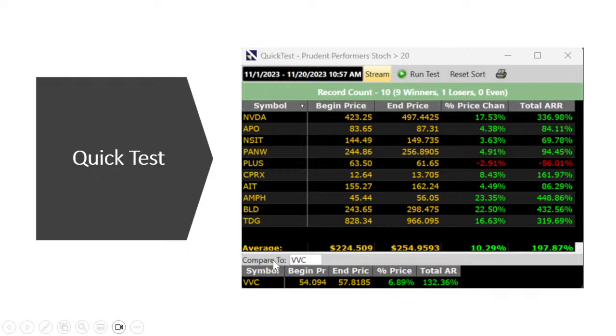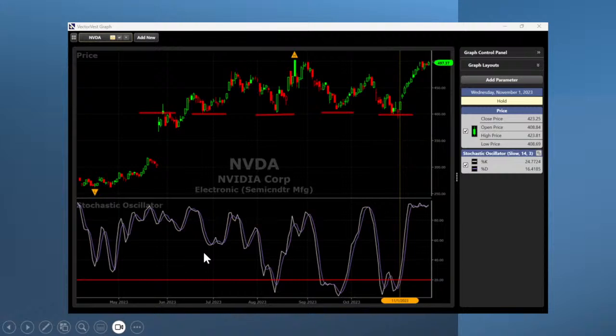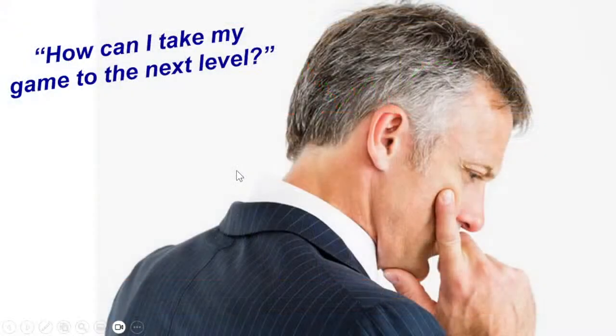Really big winners here, outperforming the market, which is the most important thing. And there's NVIDIA there on November 1st, where you had your buying opportunity. We talked about this one earlier. There was the support zone. There was stochastics crossing from below 20 to above 20. Good opportunity there recently for your entry.